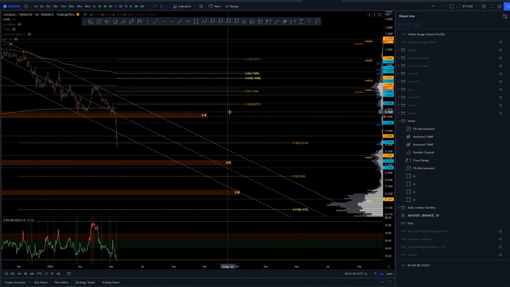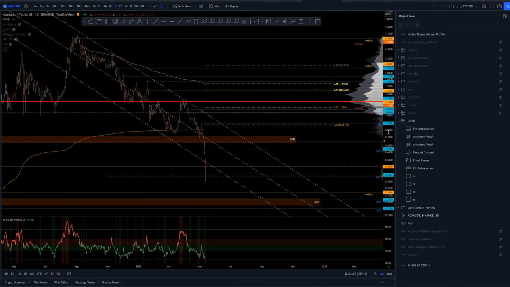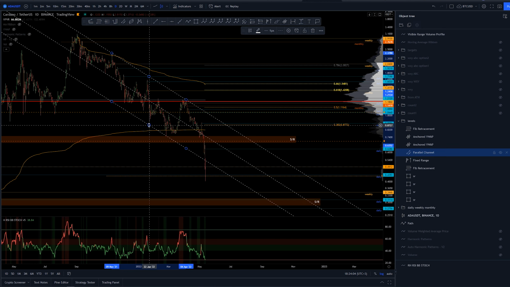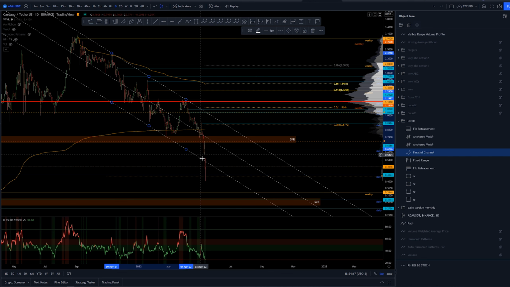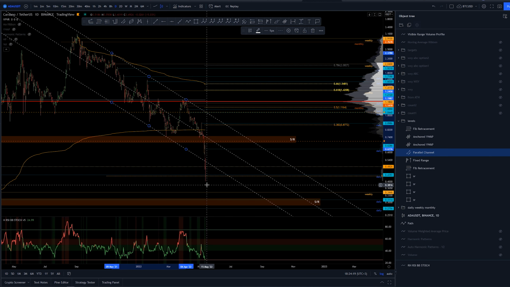So this is basically a channel that we have been following since the highs. This is currently pivoted from the highs here of November 2021 to the highs, not that one, there we go, and let's fix it a bit. Again, highs of April 2022 and pulled to the February 2022 lows. We can see that we have already broken this channel downwards, which is